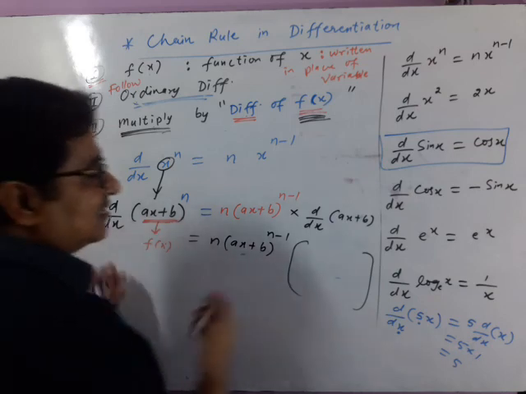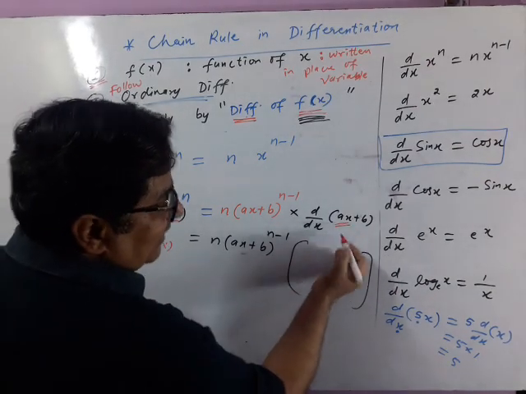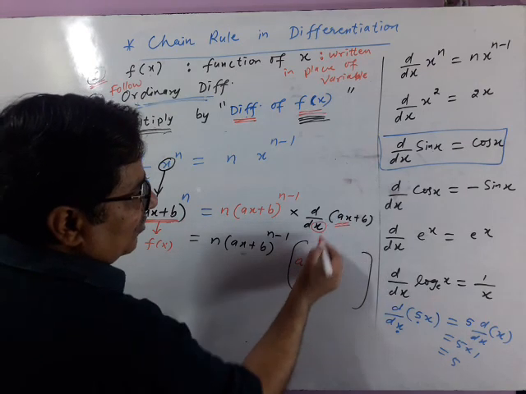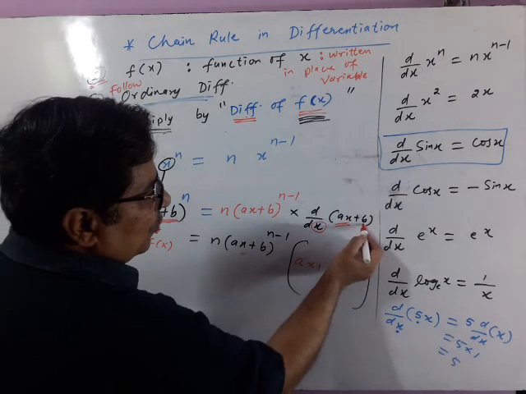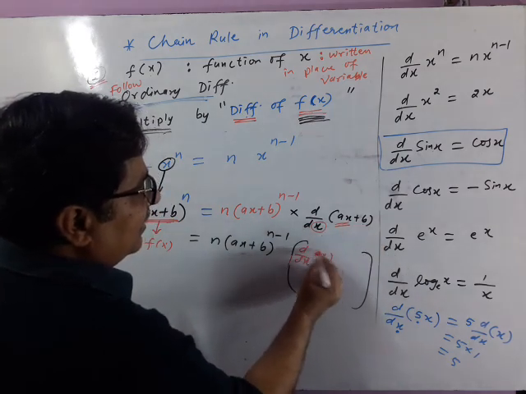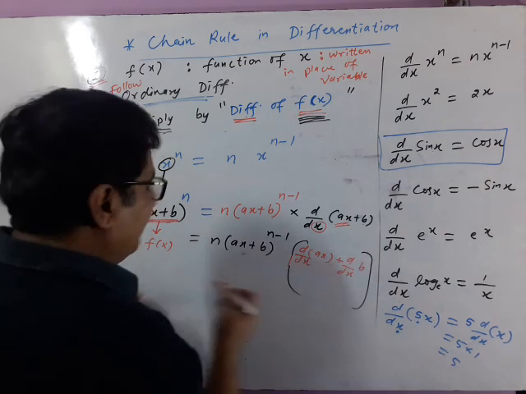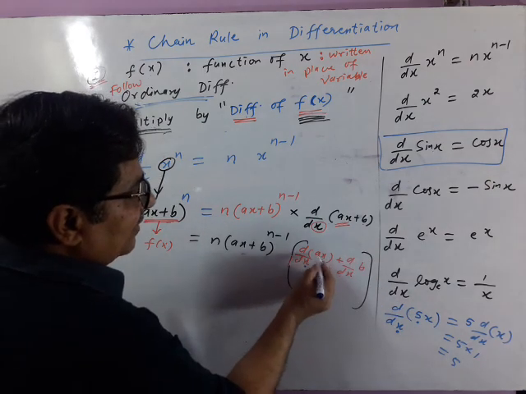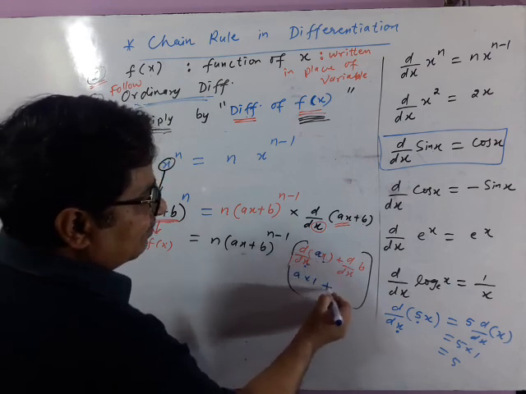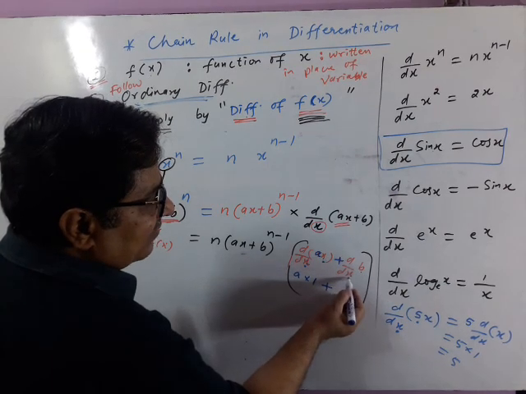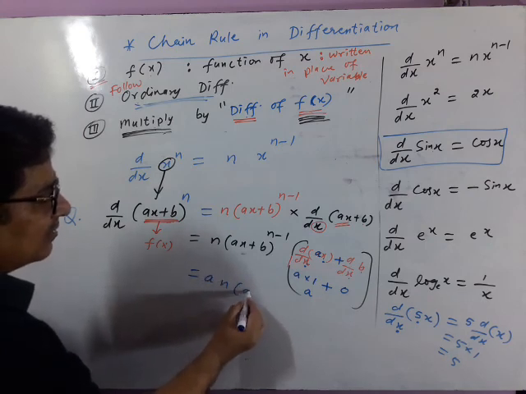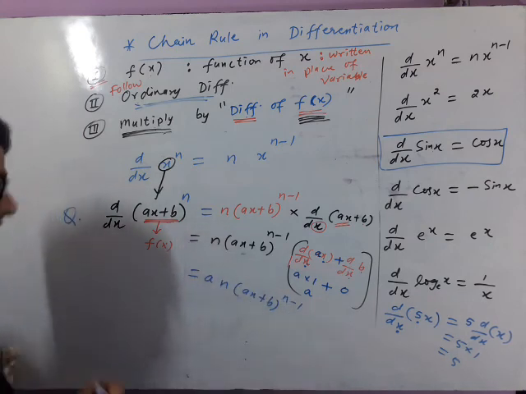Now differentiate this. You know this basic differentiation, I am writing it directly. x is the variable, so a is taken outside. Differentiation of x will be 1, plus b is constant. I am following 2 steps: d by dx of ax plus d by dx of b. See, x is variable, a is constant, take it outside. Differentiation of x with respect to x is 1, plus b is constant, so its differentiation is 0. So it is only a. So we write it as a into n (ax plus b) whole power n minus 1.